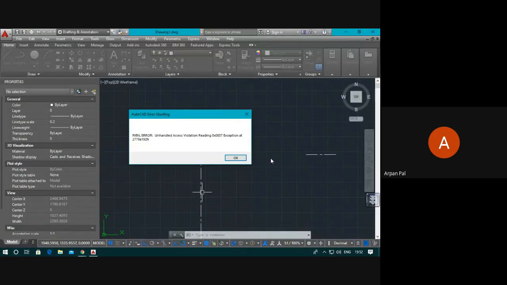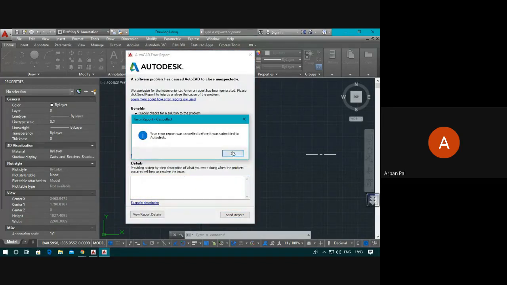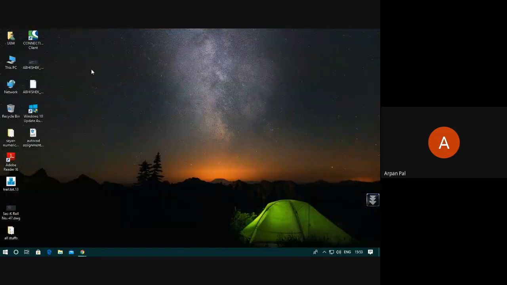Okay. Anyway, have you understood how to make the dotted lines? The dotted lines are made at first by opening line types and then loading the line types. And after loading the line types, you select it from the layer. Okay. And after that, if you want to change the scale, then you need to open the properties of the line.